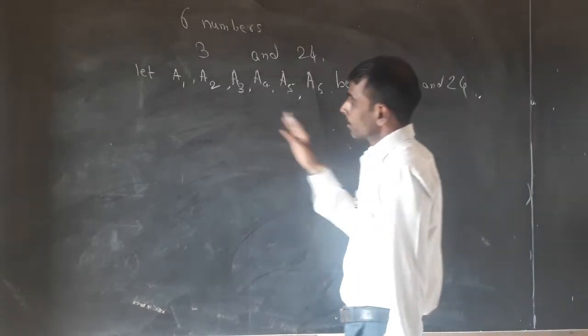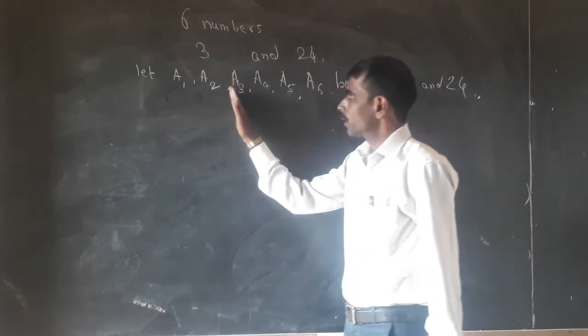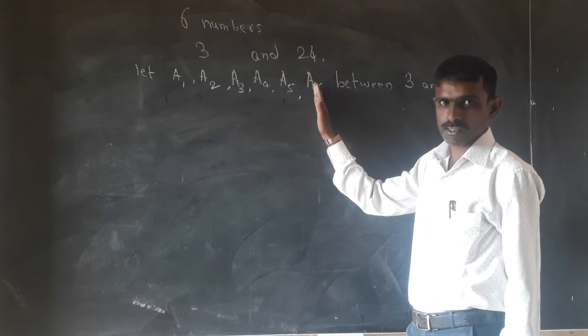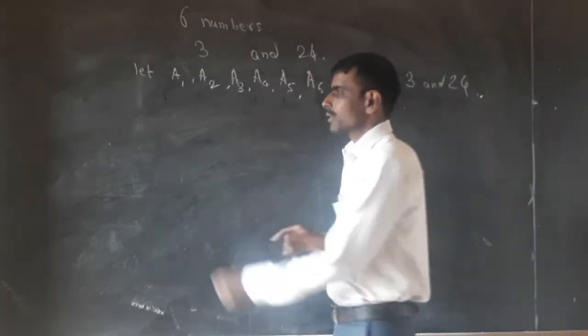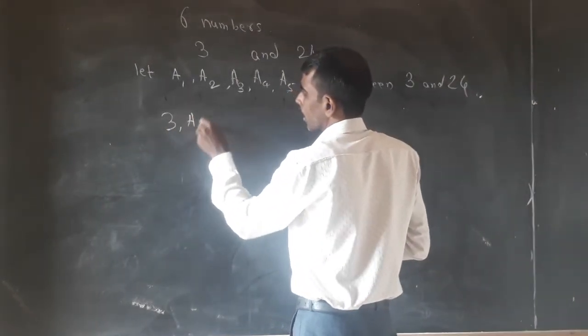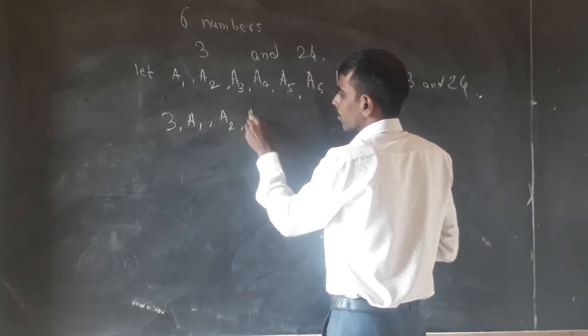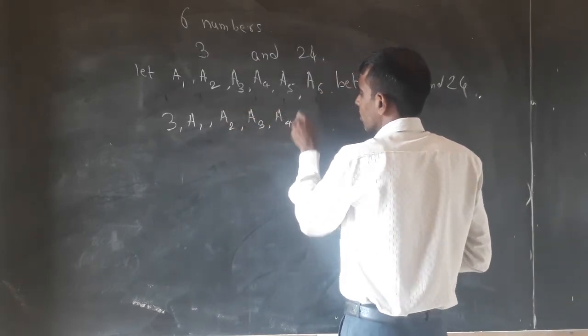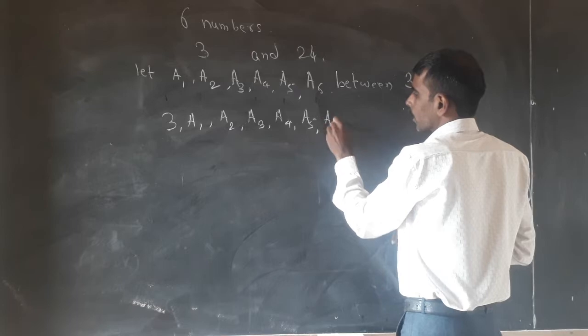So if A1, A2, A3, A4, A5, A6 are the 6 arithmetic means, then 3, A1, A2, A3, A4, A5, A6